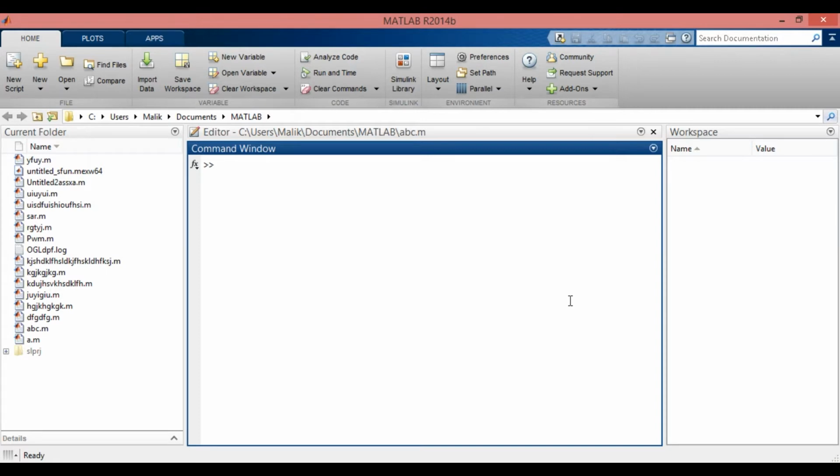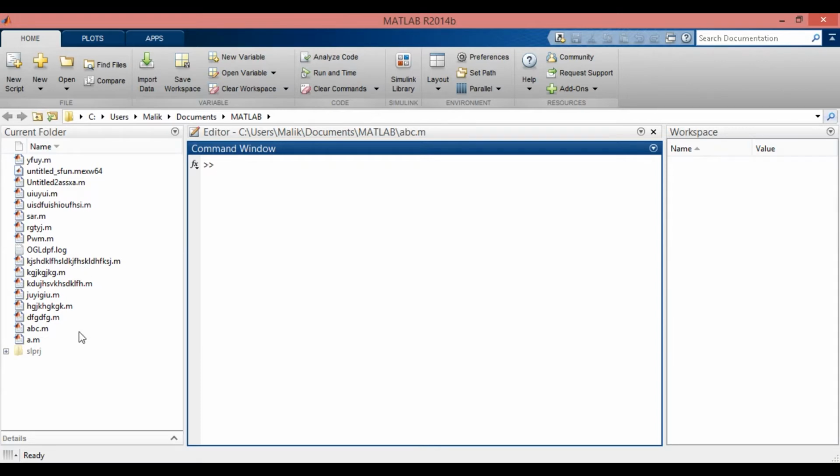In MATLAB we have different windows like command window, workspace and current folder. The command window is a place where we write commands; output and errors are also shown here. And then we have workspace. All the variables used in the command window will be shown in the workspace by creating a list. And then we have current folder. It is also called current directory. MATLAB uses it to find files. All the files that you have saved are shown here.